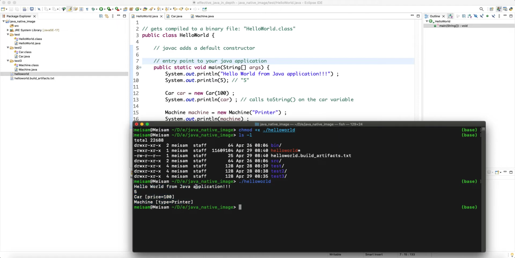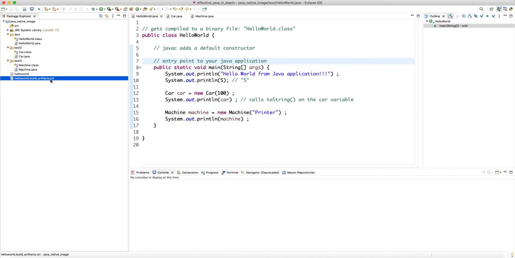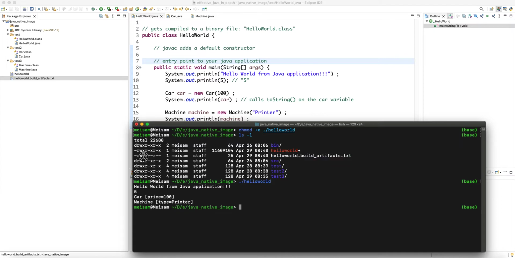So file permissions are separate from whether the file is basically a binary executable or not. The nature of this hello world is an executable binary, but you can only execute it if the file has executable permissions, right? Now, for example, this text file, it's a text file, right? It is not executable. If you look at this, you see it doesn't have an executable or X attribute just because it's not really executable. You cannot execute this. You can open it and read the characters from it, but it doesn't have instructions for